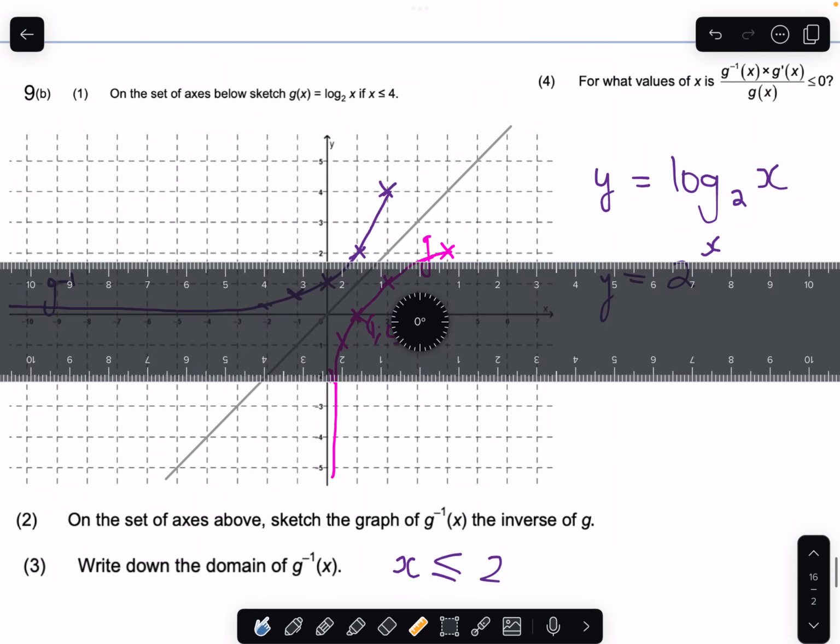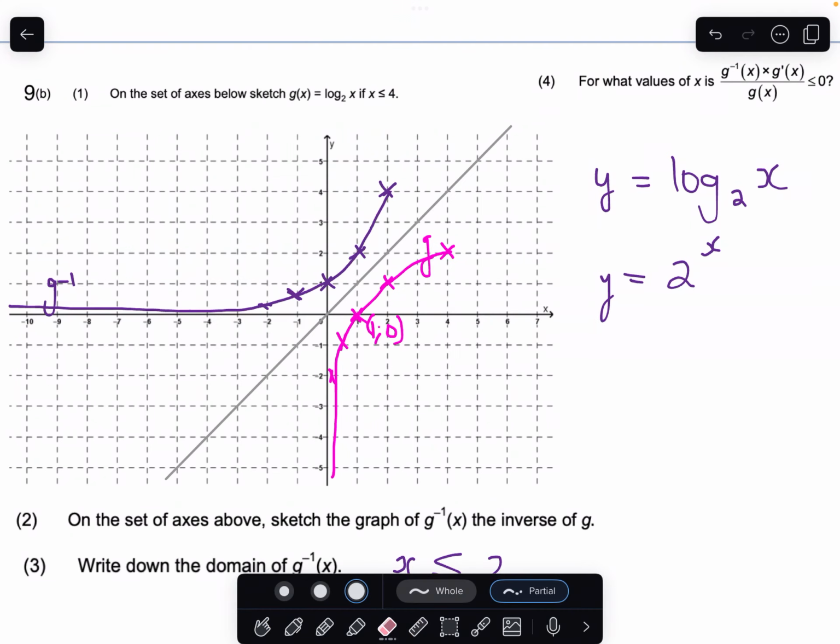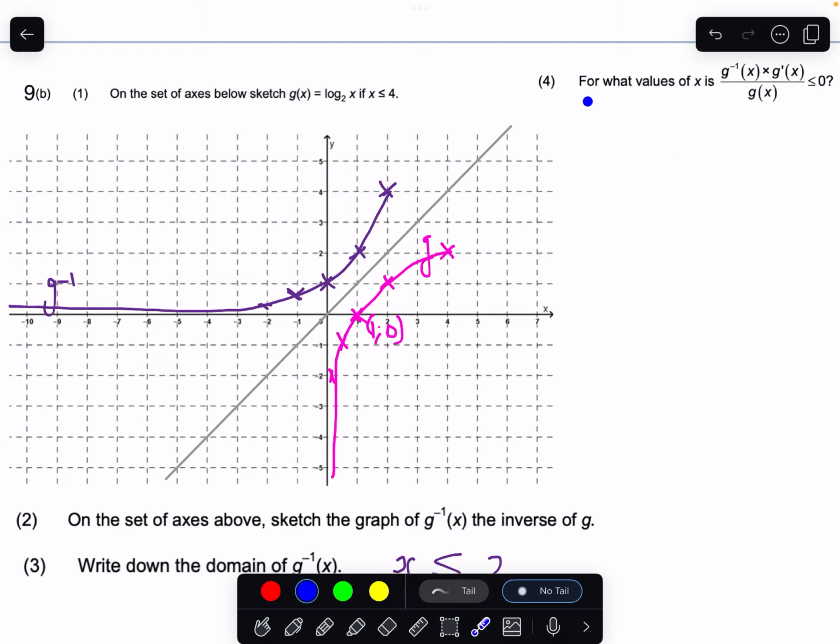And then the last question. Oh, golly, the last question, just trying to erase stuff before we get there, is up here. For what values of x is h